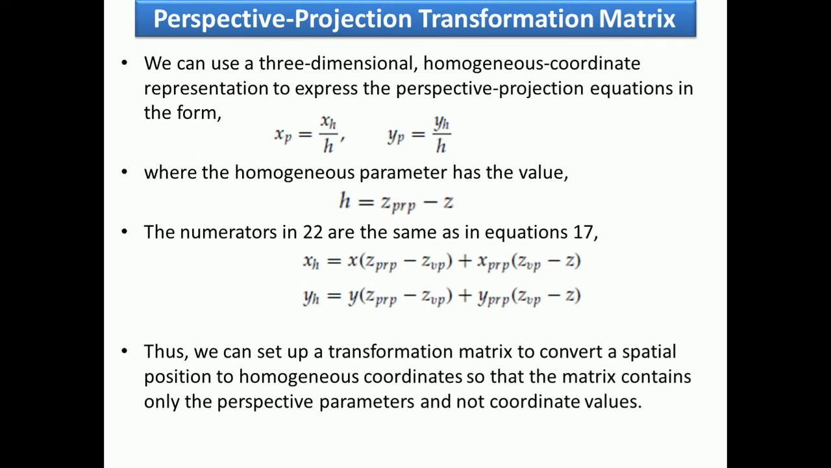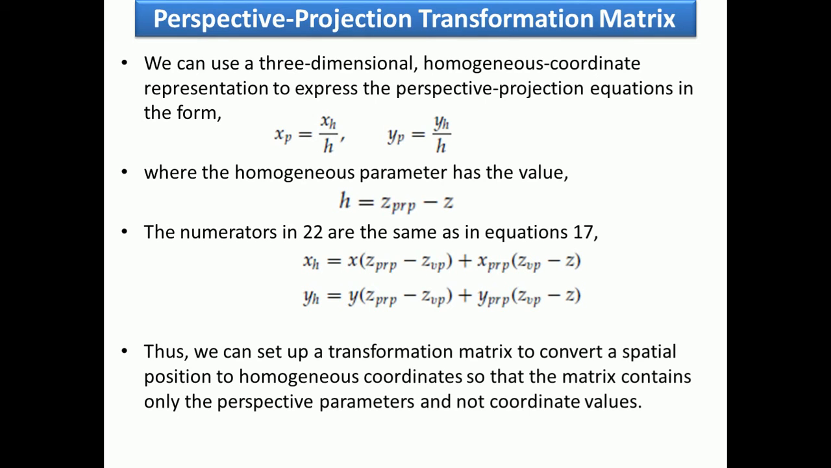Then the next important concept is the perspective projection transformation matrix. Unlike a parallel projection, we cannot directly use the coefficients of the x and y coordinates as in the last class equations xp and yp to form the perspective projection matrix elements, because the denominators of the coefficients are functions of the z coordinate. But we can use a three-dimensional homogeneous coordinate representation to express the perspective projection equation in the following form,